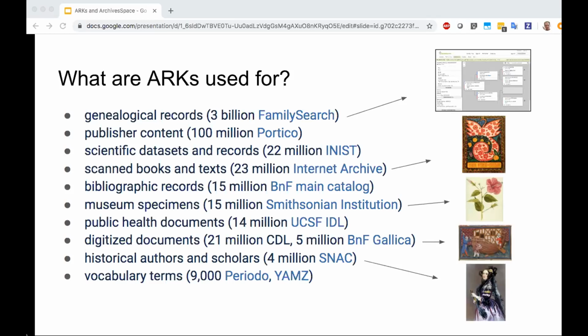What are ARKs used for? Well, here's a list in descending order according to numbers of ARKs assigned. The heaviest user of ARKs is the largest genealogical research organization called Family Search International. Next is the archive of all the source files for mainstream published content. Technically, they have over 40 billion ARKs, but apparently there are only 100 million of them that we're meant to be